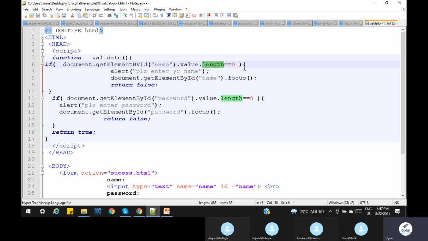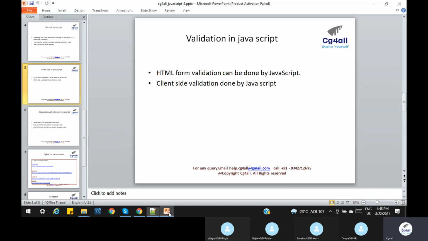If the value length is 0, it goes inside, says enter your name, and puts the focus. document.getElementById focus means focus on the same field. I return false because you haven't entered anything. Same way for password; if both fields are filled, we return true. So it allows the form to succeed, and form success means success.html. So these are the two ways to validate, and this is the most important part.